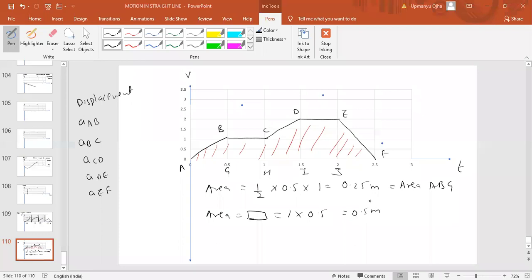3 meter. Okay. Yes, HCDF would be trapezium. Area will be meter square, but here if you look at this, y is meter per second, x is time. So meter per second into time will give us meter only. Here area is what? V into T na. Here area is V into T. Fine. So V is meter per second into time is second. We'll get the displacement. Yes. HCDI is the trapezium. Okay. So I think you all got the answer as 3 meter.